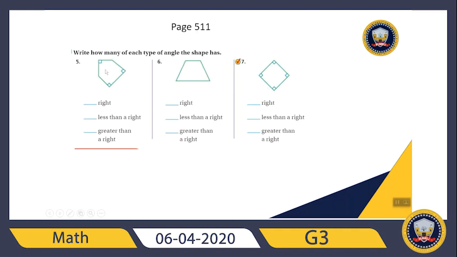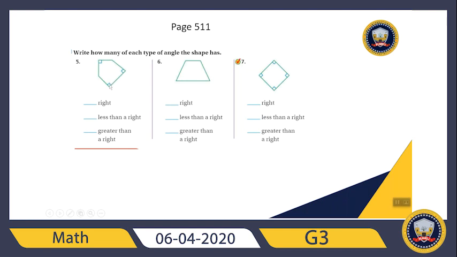How many angles does it have? Right angle, less than a right, greater than a right. What about this one? And about this one? We said that the smallest square on the corner shows